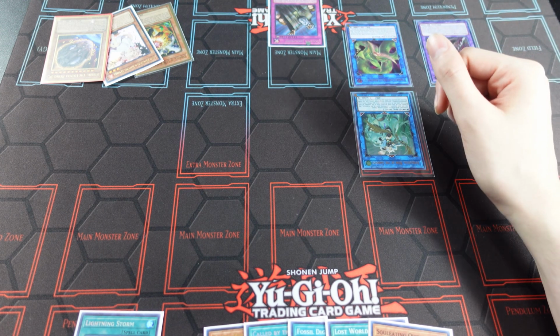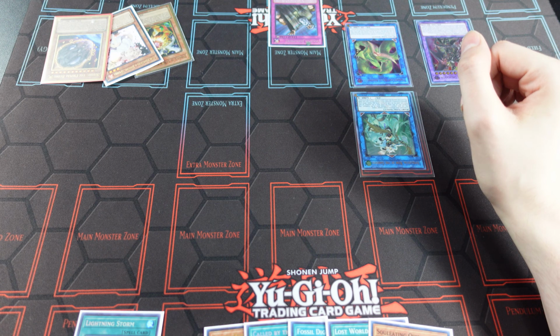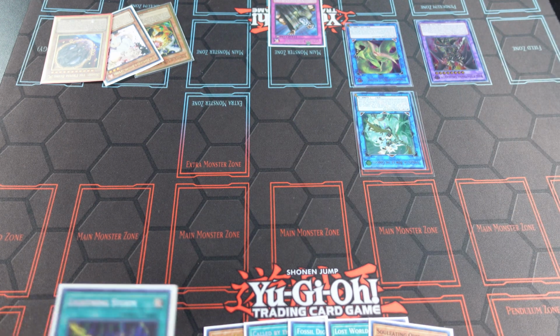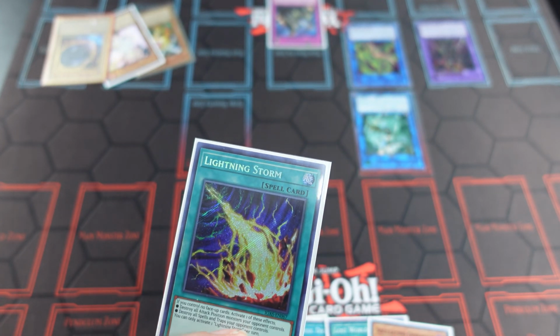And they've got a back row that we don't know. In this case, we know, for example, that it's Solemn Judgment. So what we would do is I would start with Lightning Storm. Whether this resolves or not is fine, right? At this point, we're wanting to get rid of mostly their...